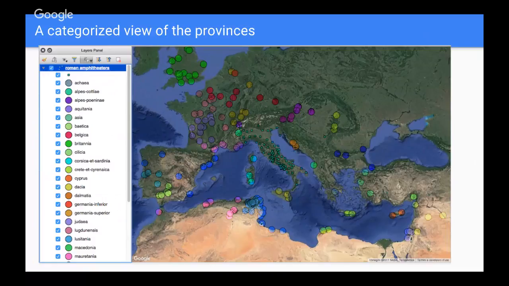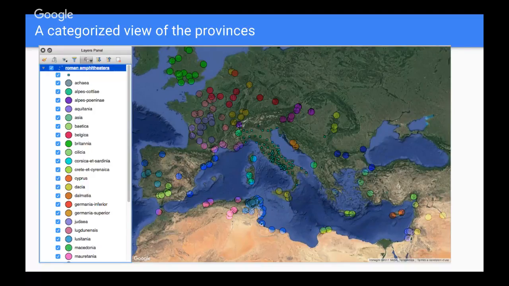And so what you would obtain is a categorized view of the provinces. What I was interested in seeing was to categorize according to a different color every province that was not obviously Italy. And you will see that the only province that's not characterized as a feature is actually Italy, which is not technically a Roman province. Let's say it has a special status here. And everything else is visualizable according to the different color. And obviously in the layers panel, it will show you the color code so that you do not get confused in that.